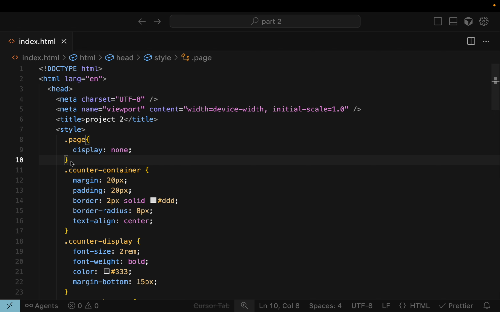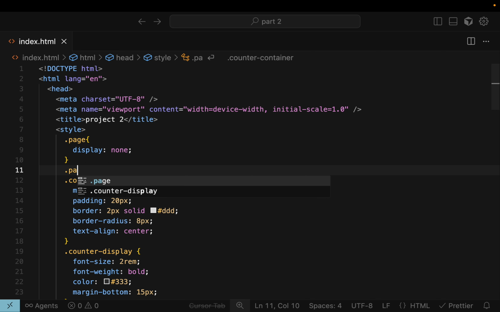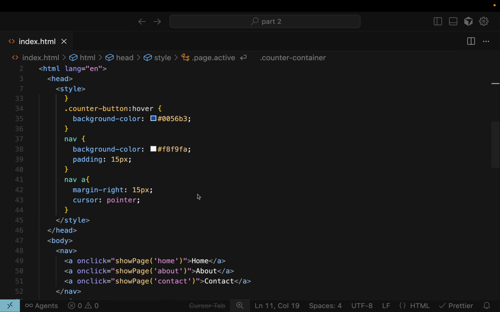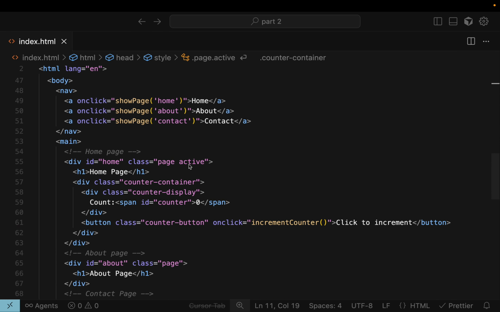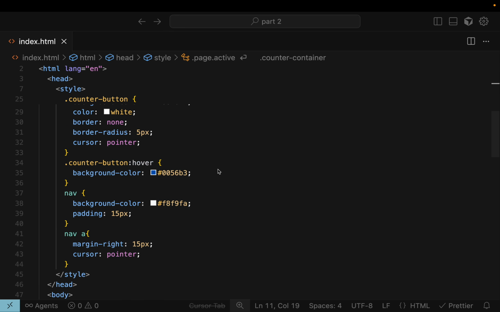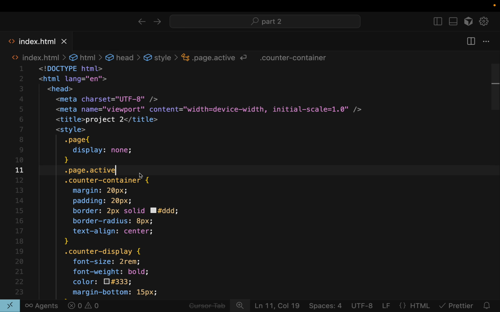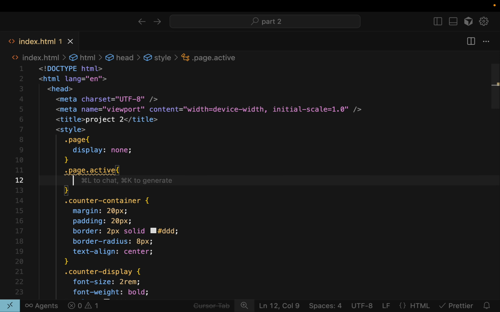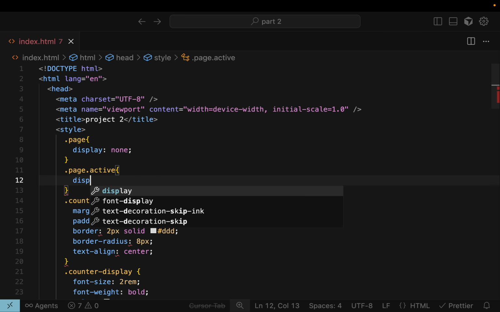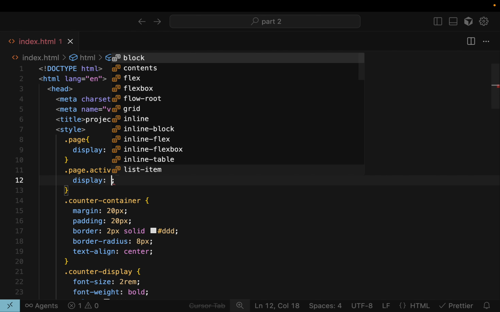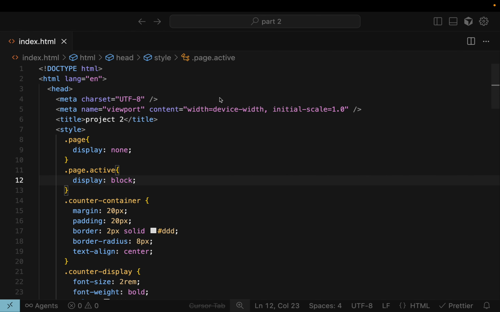And here, dot page and active. This is the way I get access to this active page, dot active. The display, I want to set that to block. So what that'll do,